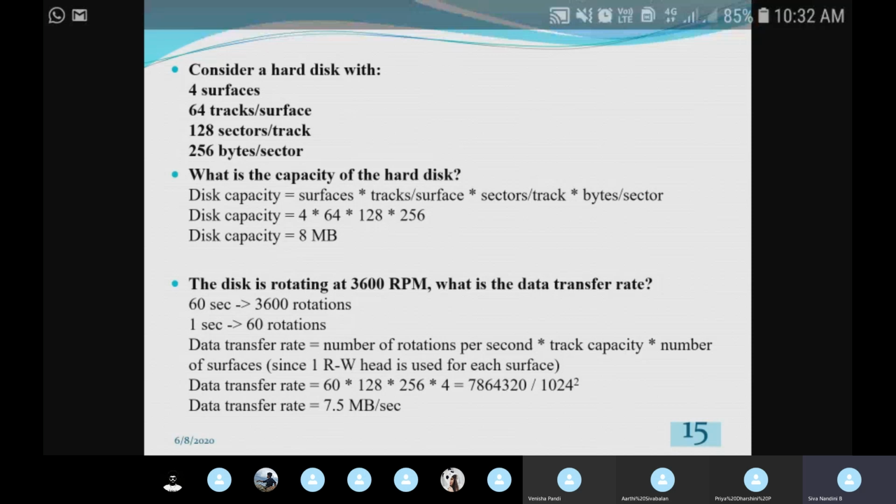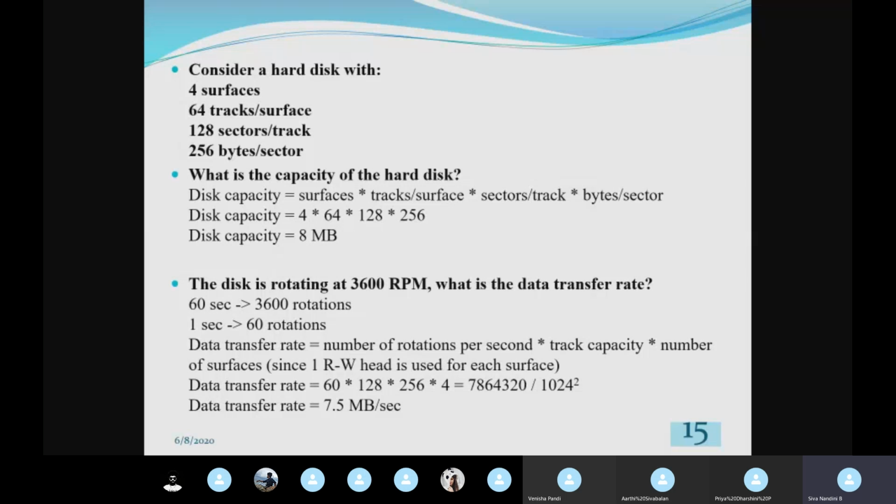So from the question, 1 minute is equal to 60 seconds. The question gives 3600 rotations per minute. So in 1 minute we are having 3600 rotations, and this 1 minute is equivalent to 60 seconds. So in 60 seconds I am having 3600 rotations.